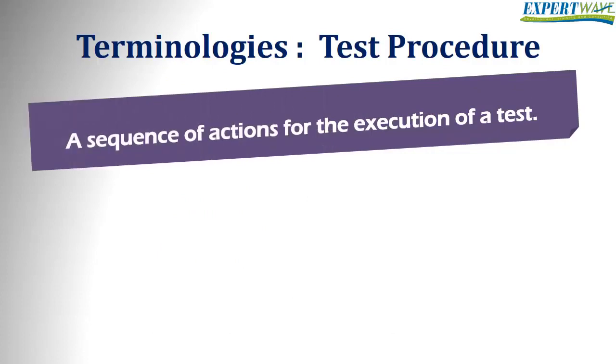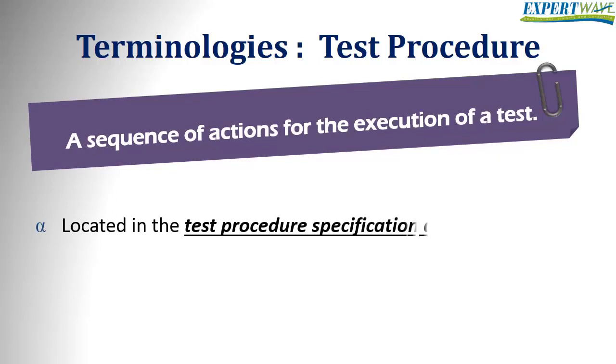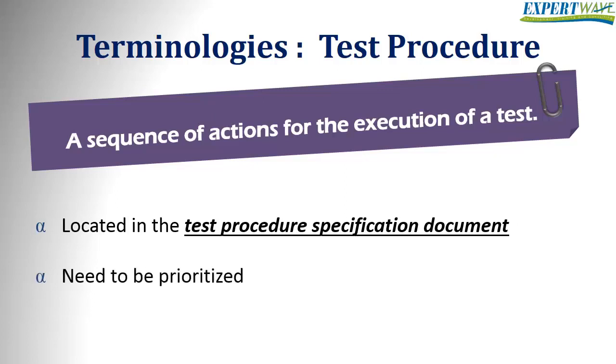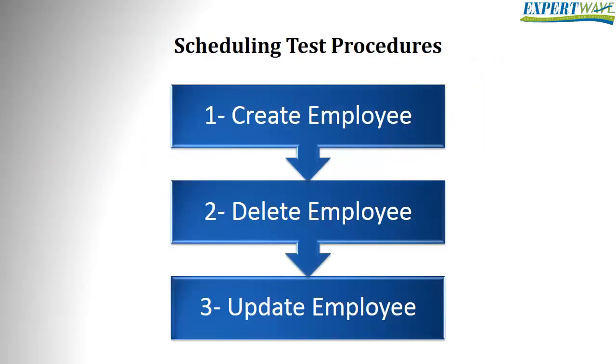After implementing all the test procedures, we put them in a document called Test Case Procedure document, and again there could be hundreds or thousands of test procedures, so we need to parameterize them. Put the most important test cases first, so we can give the highest ranking test procedures more frequency of execution. Also, the sequence of the test procedures should be intelligent enough to minimize the time required to execute them. For example, if you need to execute 3 test procedures: create new employee, delete employee,